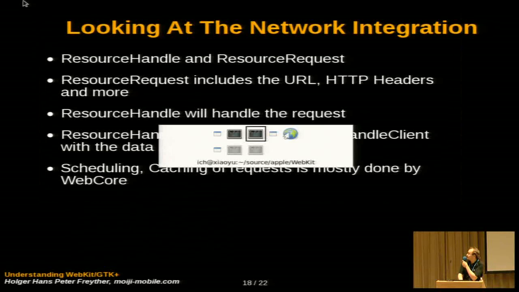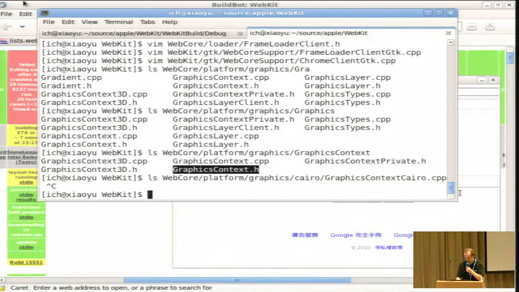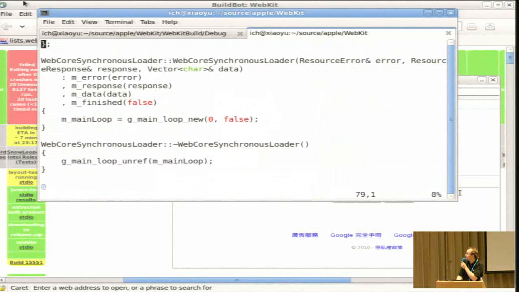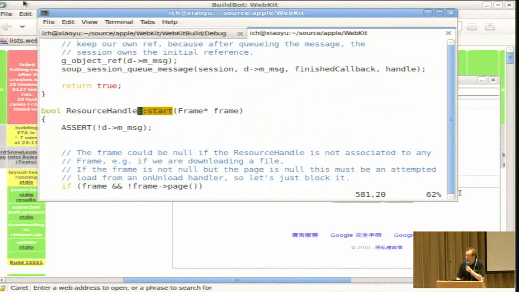For GTK we're using libsoup, so we do have the directory called WebCore platform network soup, and there should be a resource handle class inside there. And again, it's called resource handle and then the suffix for the library used. And the start implementation